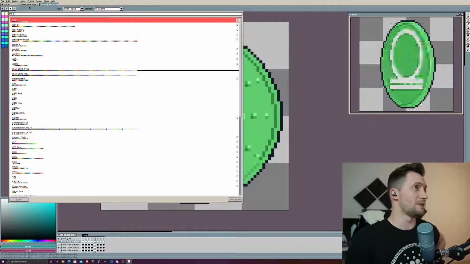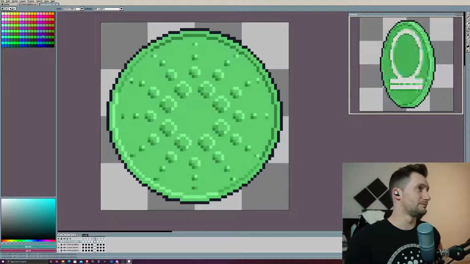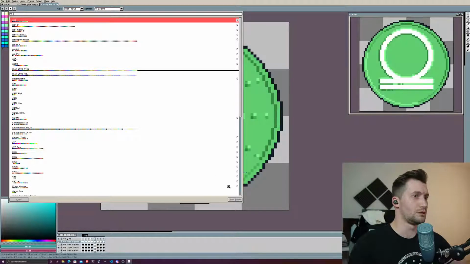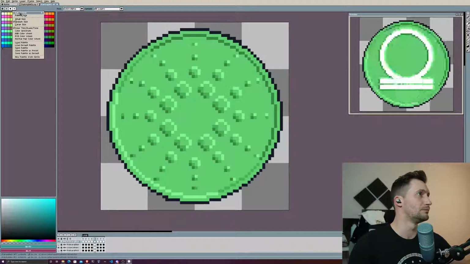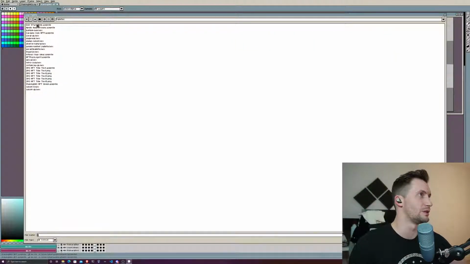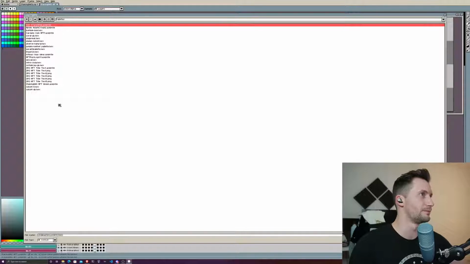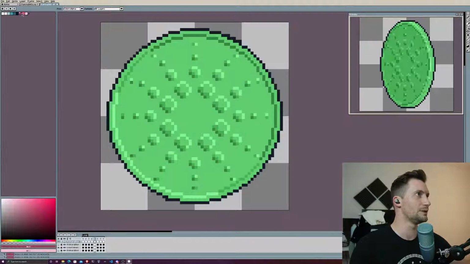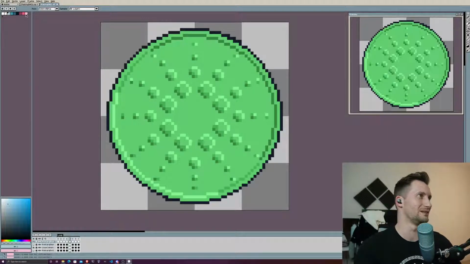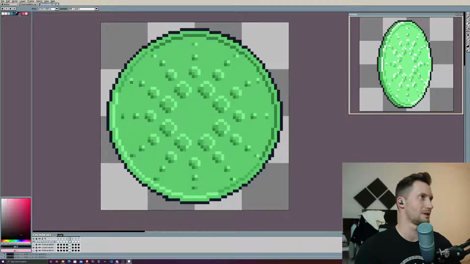Okay, so maybe I don't have any particularly nice ones. Oh, I do have some here. So here we go. Let's just go with this 8 color one here. Let's just do that. Oh my god, this has no colors. You know when we were talking about a limited palette earlier, this is an example of it. We've got like 6 colors here. So it looks like we're going to do a pink and turquoisey one, and that's okay.